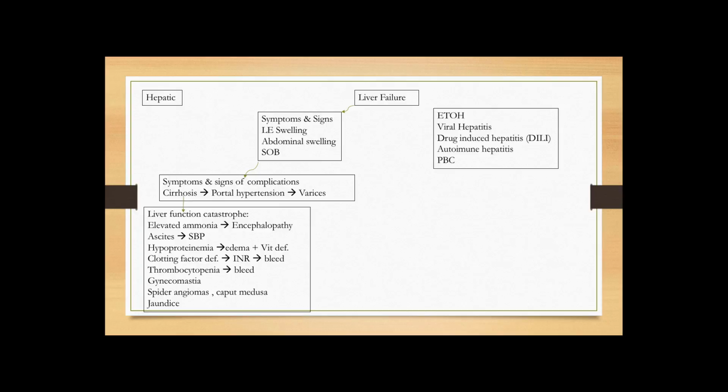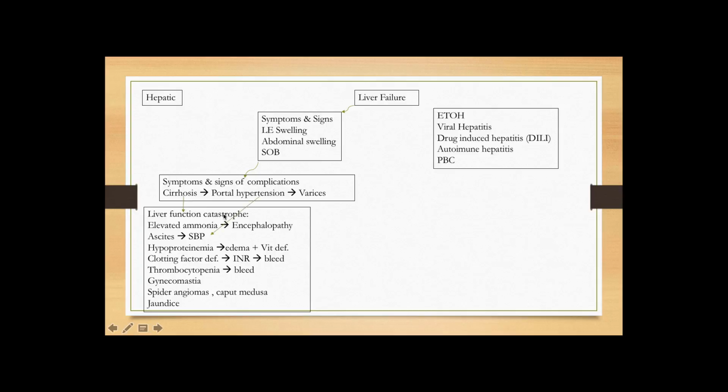From these three things, because of cirrhosis itself, because the liver is fibrotic, it's not functioning, so synthetic functions of liver will decline. As a result, people will have elevated ammonia levels. They are not going to be able to get rid of ammonia because liver is very efficient in eliminating ammonia, which is a toxin in the body. So people will have high ammonia levels, which will cause encephalopathy. These people can go into encephalopathy, lose their mental status, and finally go into coma.